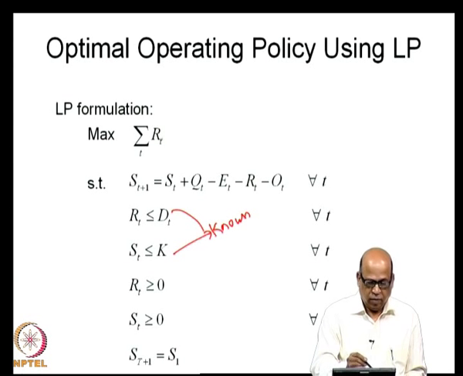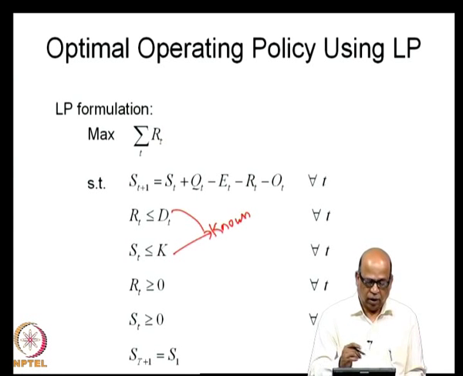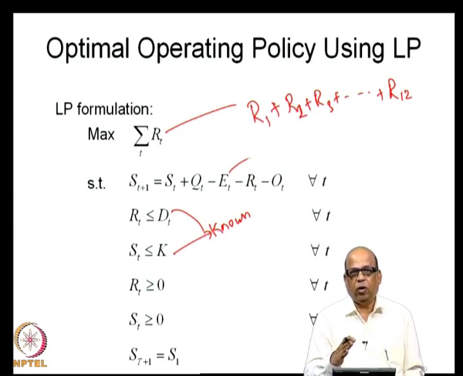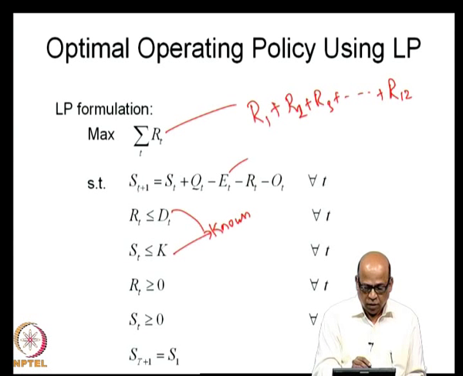We are looking at meeting the demands to the best extent possible, and therefore, I will look at maximization of RT, which means that if you have, let us say, 12 time periods, R1 plus R2 plus R3 etc., this is a function that I will look for, and we meet the storage continuity. This is evaporation loss. This can also be made storage dependent losses as I have discussed earlier, but for the time being we will not worry. We will take average evaporation losses during time periods. So, this is the storage continuity and these are the spills, overflows.